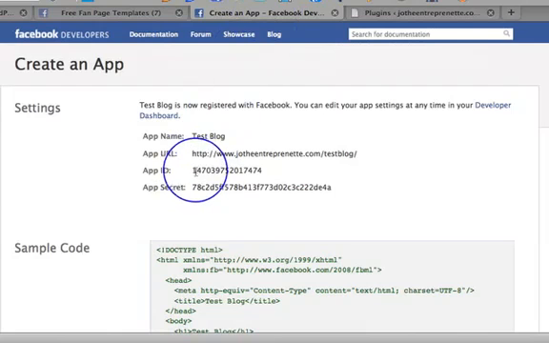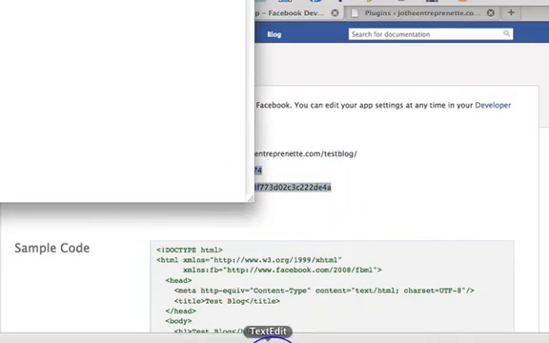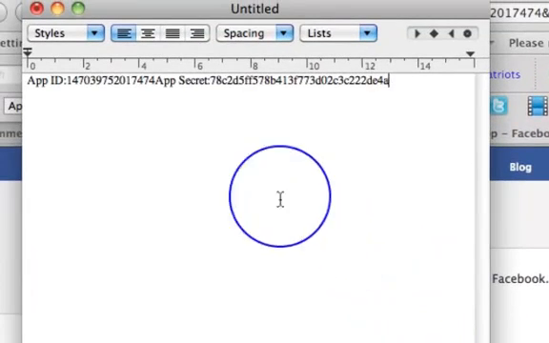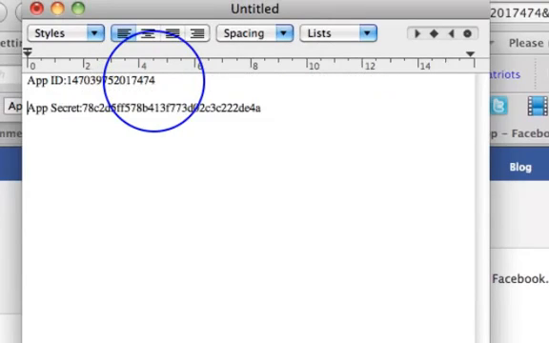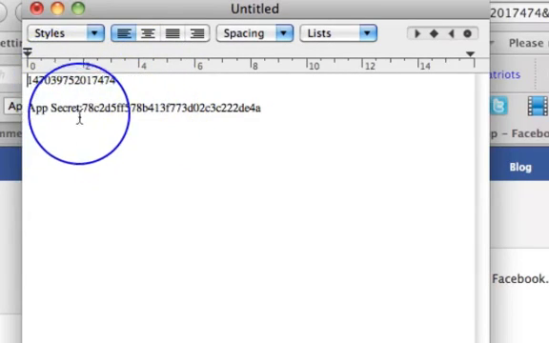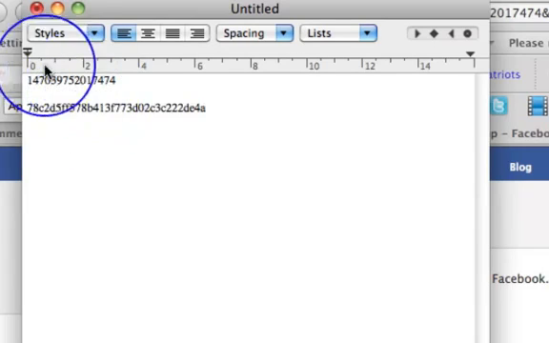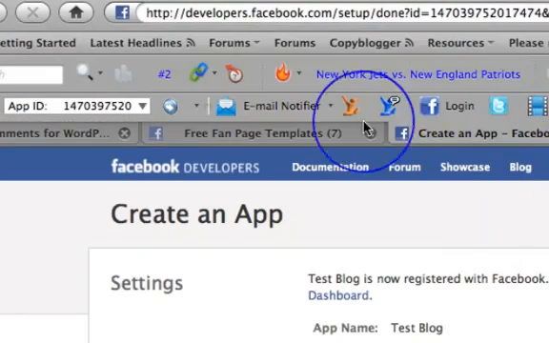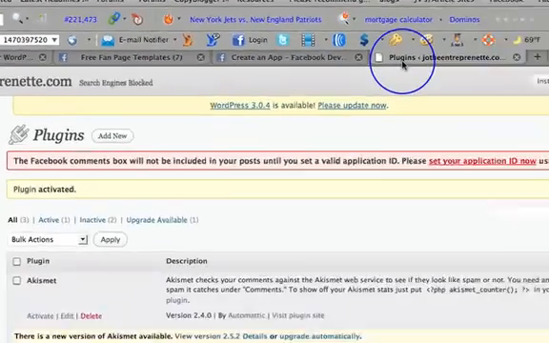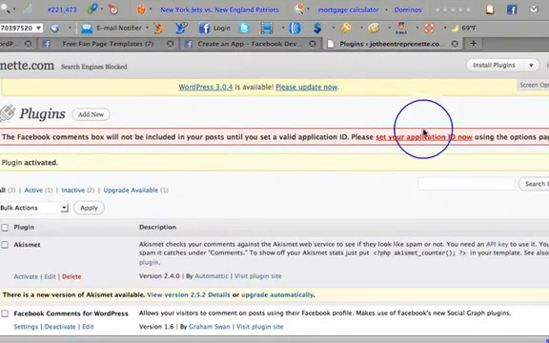So if we go back here and just copy these two, let's put them on a blank sheet of paper, okay? Alright, and actually let's just get rid of app ID, we know that's the app ID, and let's get rid of app secret because we know that's the app secret. Okay, so if we go back to our blog, now what we can do is just click on this